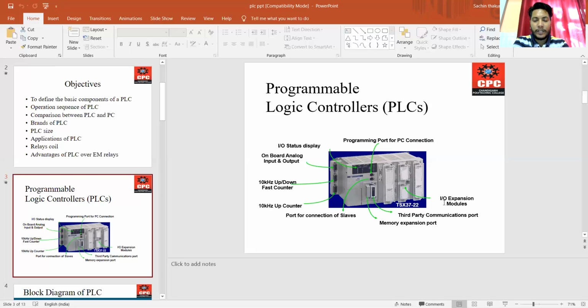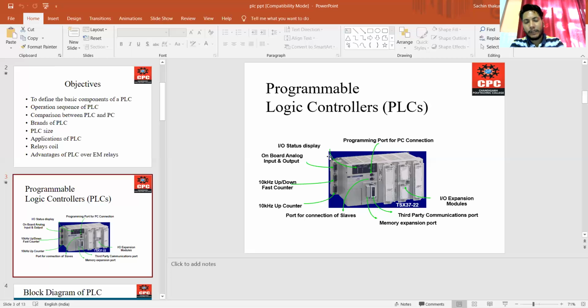Through the input-output expansion module, we connect input and output to the PLC. Here is the 10 kilohertz up-down fast counter port, this is the port for the 10 kilohertz up counter, this is the port for connection of slaves, and this is the programming port for PC connection.